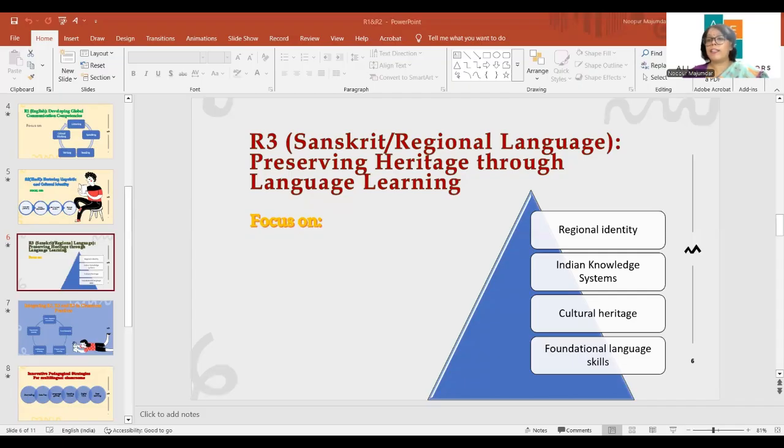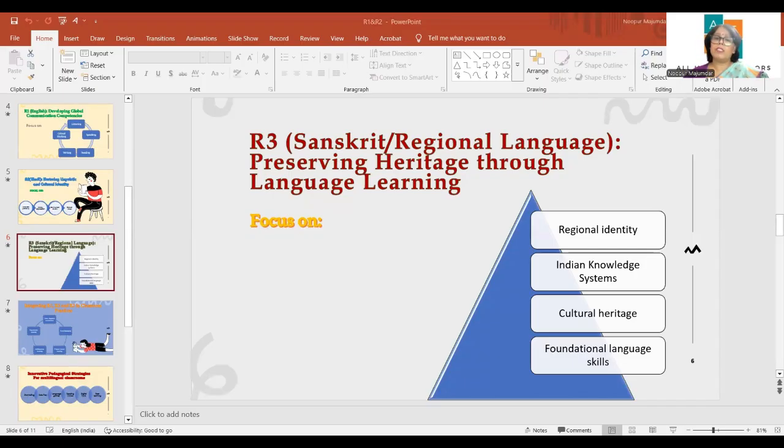Finally, regional identity, right? हमारी region की identity भी आगे बढ़ती है. Learning an additional Indian language promotes respect, national integration and appreciation for diversity. We get to know so many things about each other, right? It adds to our knowledge. When students understand another Indian language, they also understand the people's tradition. They understand about culture. They feel associated with the people, right?